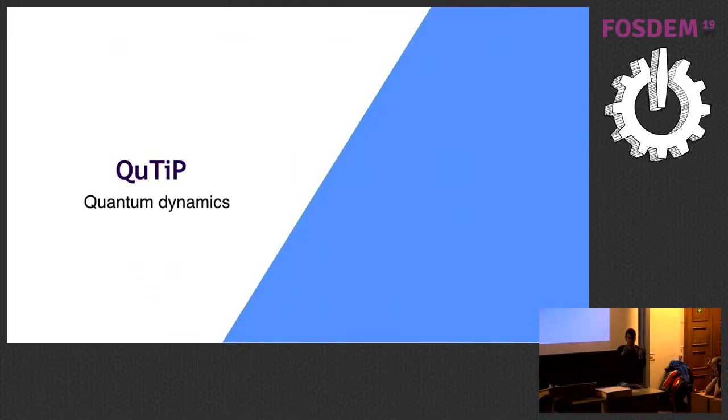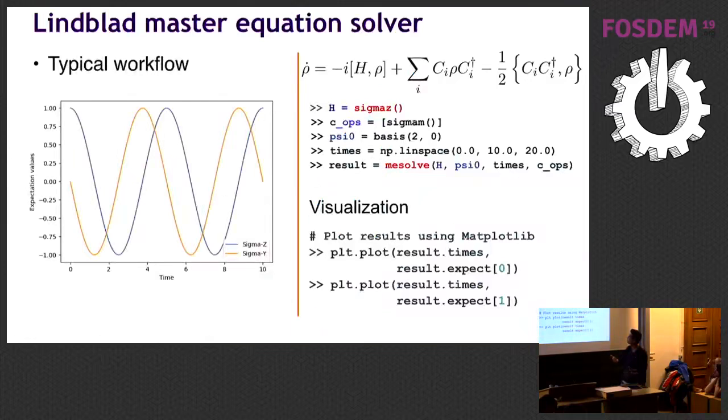So once you define your quantum systems, your structures, what can you do, like the physics of it? With QuTiP, you can study quantum dynamics. And this is a very simple workflow of how you simulate something which is called a Lindblad master equation. The rho here is a density matrix, and this equation is how this density matrix evolves. The density matrix is, in some sense, the description of a quantum state, but it can be a mixed state, not a pure state. And then you can very simply, with these 4 or 5 lines of code, simulate this kind of dynamics and then add your own operators and so on.